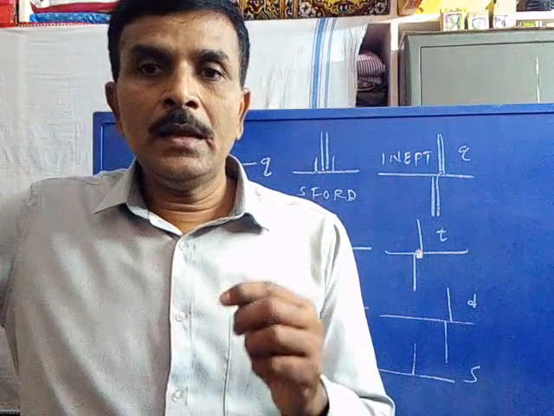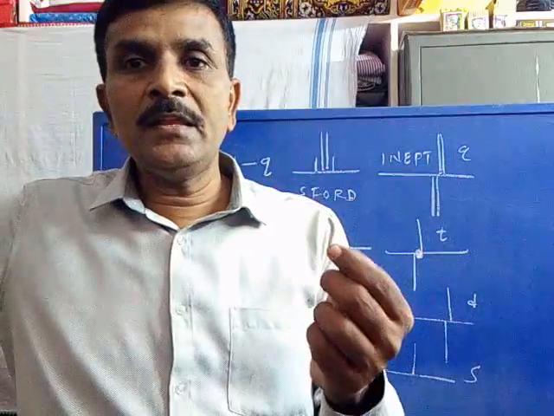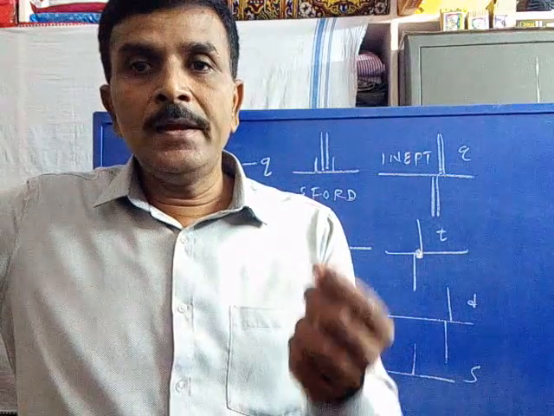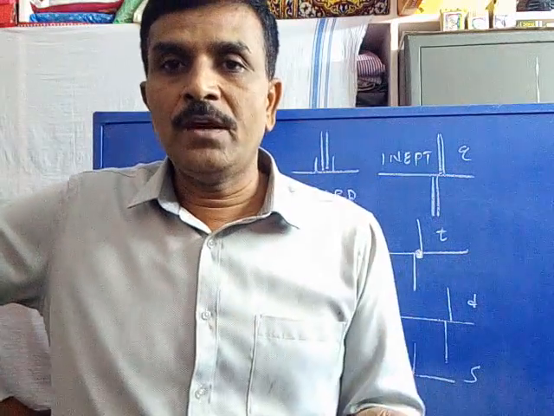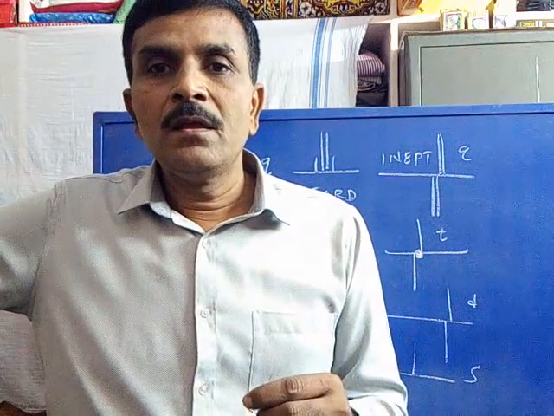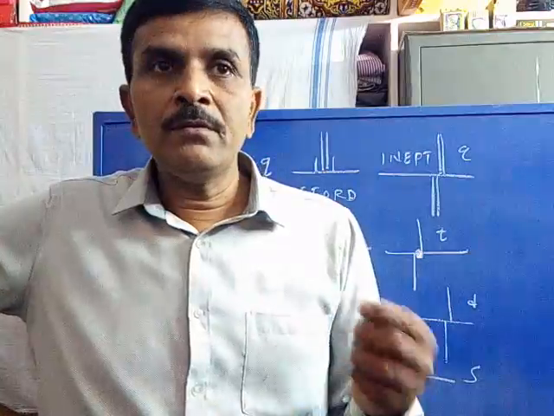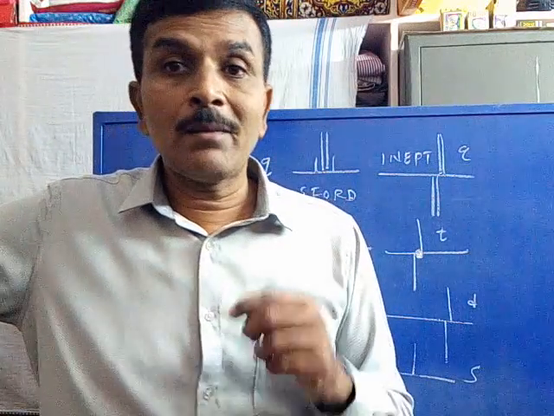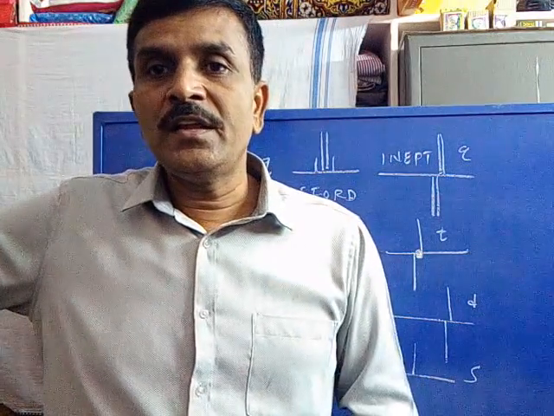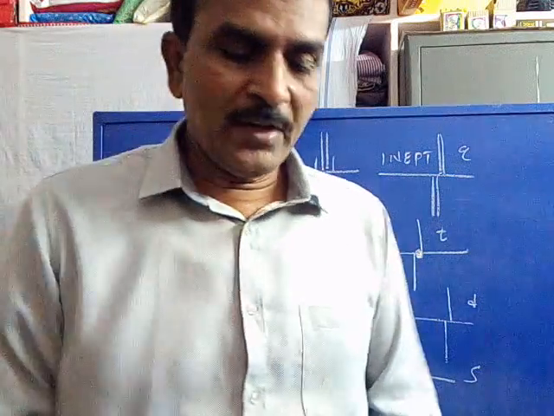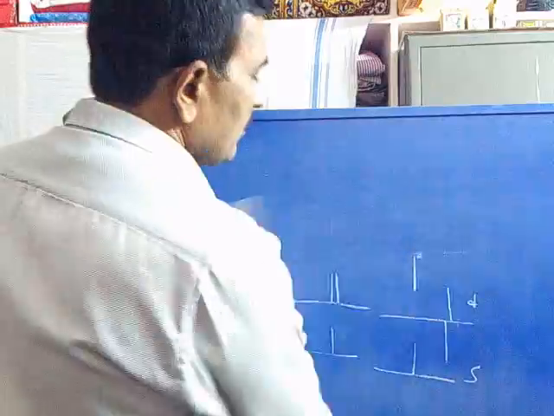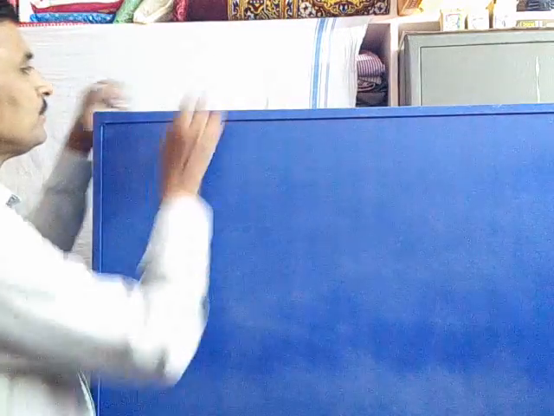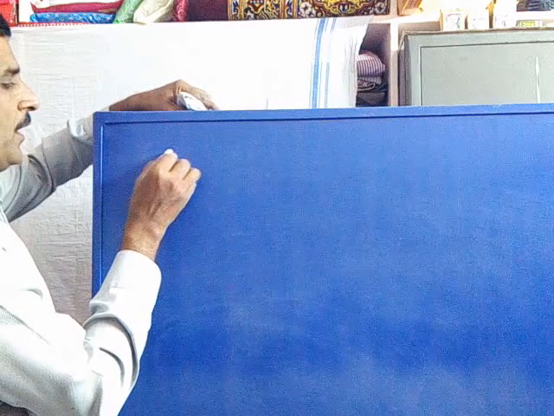After ending a negative line, if there is immediately a positive line, it indicates a signal related to the other carbon, not the first one. So in that way, without any confusion, we can identify the number of carbons with their multiplicities within one spectrum. For example, you can take